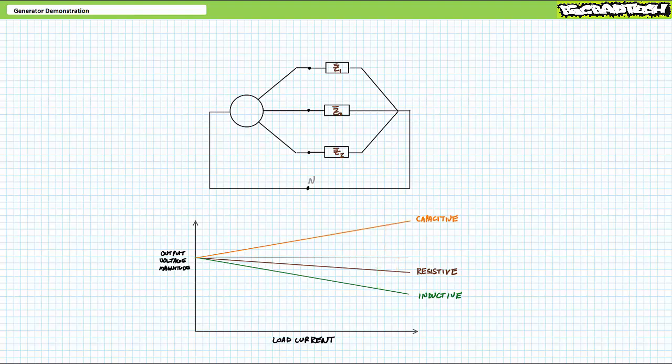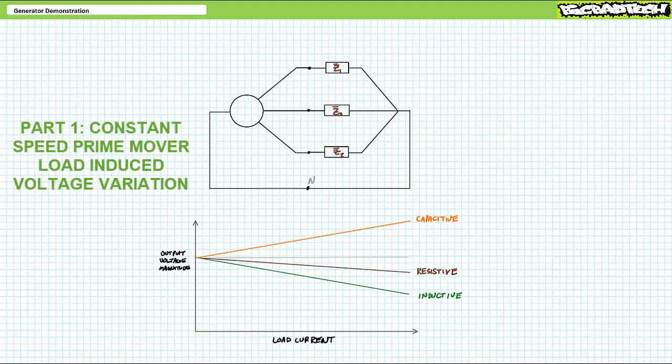Note these scenarios do not account for variations in frequency and presume the prime mover is making use of sophisticated closed-loop speed control mechanisms. Part 1 of this demonstration will make use of a constant speed prime mover and explore